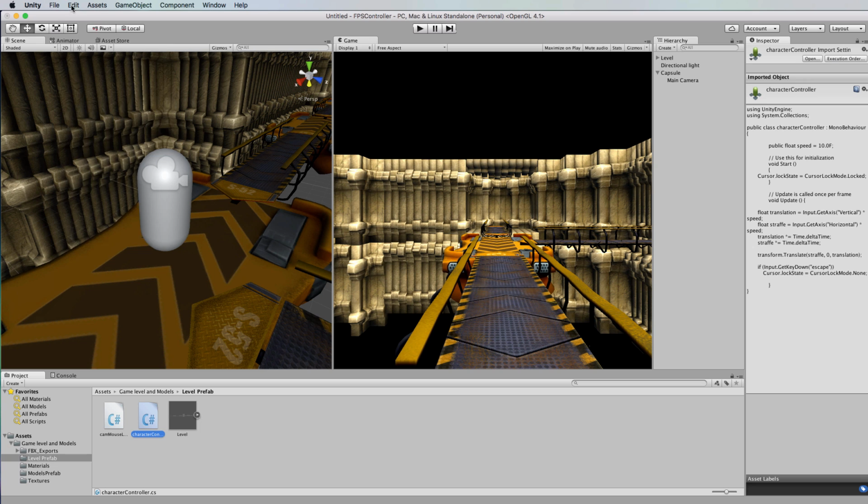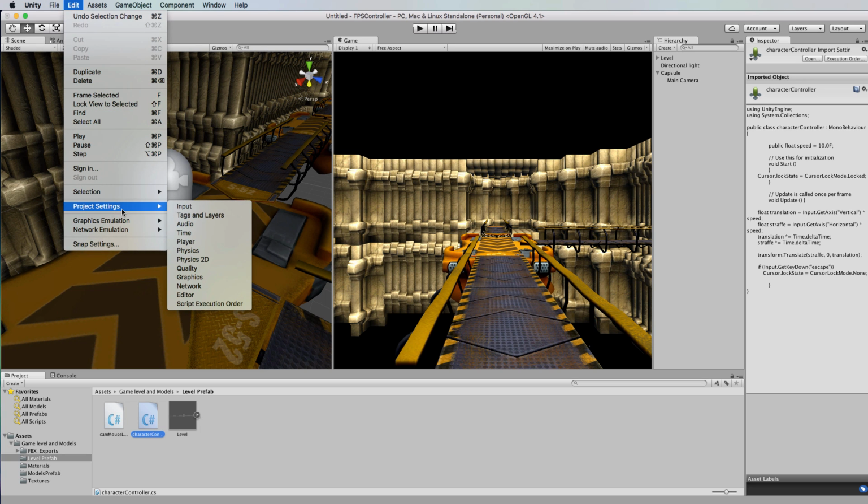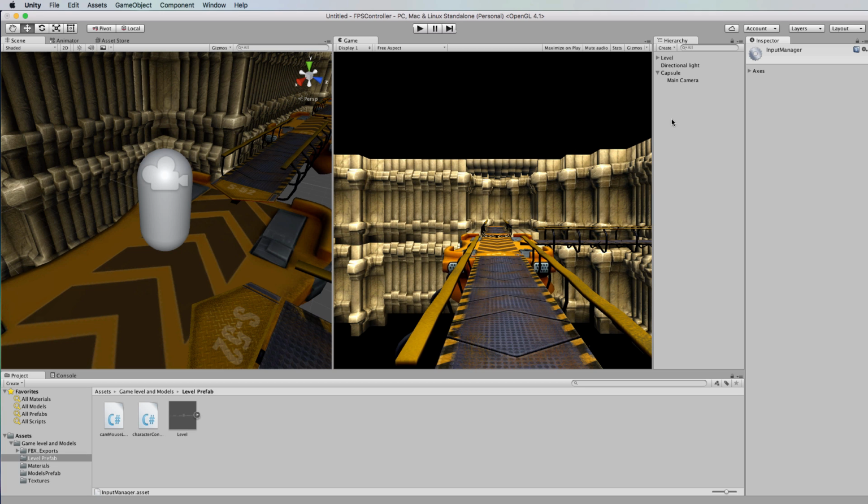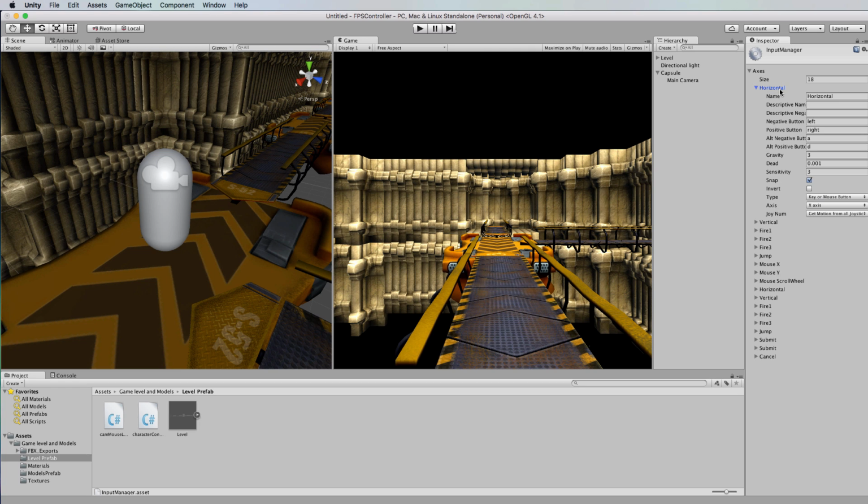So in the main menu, go to Edit, Project Settings, Input. Then over in the inspector, you'll see an axes area. And it's saying in this case that there are 18 of them already set. These are the default values. You can see at the top the horizontal and underneath that the vertical, and these are the two ones that we're using. So if you expand them out, you'll actually be able to see what buttons and keys are associated